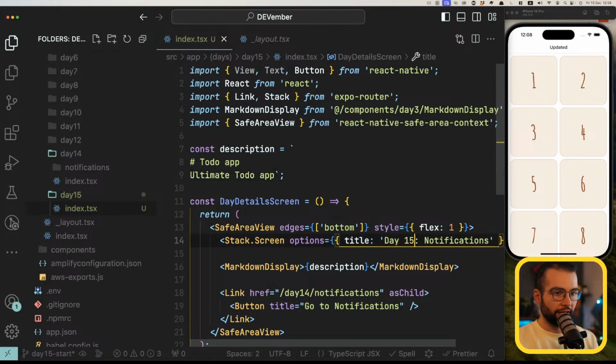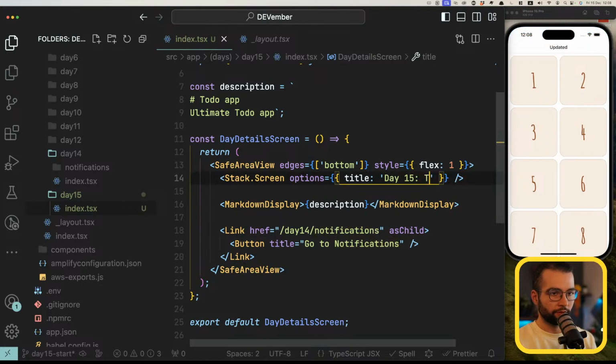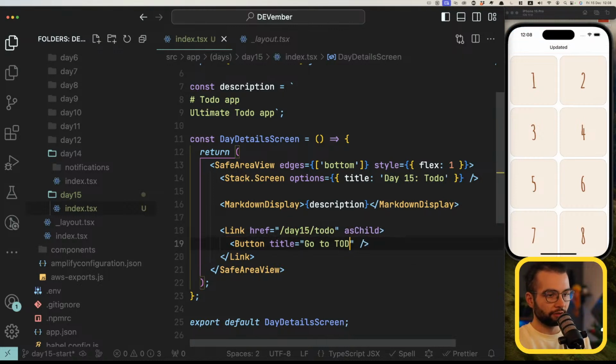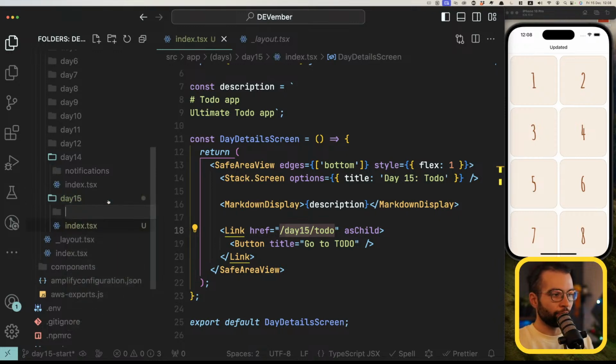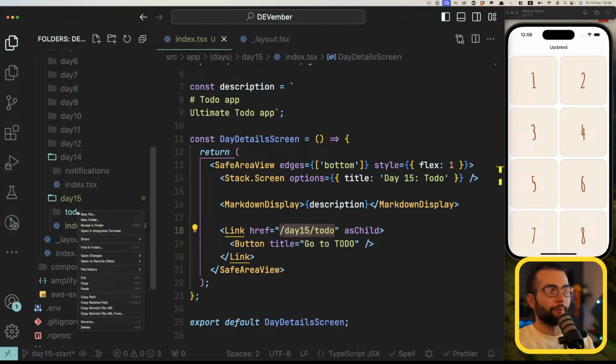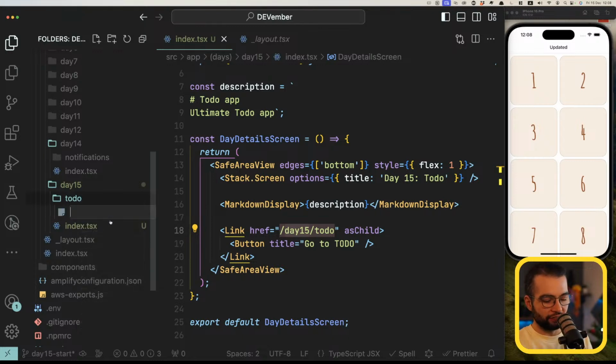Now let's also change the name to 15 to-do. And when pressing on that button, I'm going to navigate to the to-do application. And in order to have this page inside our day 15 folder, let's create a new folder called todo, because maybe we will also need some layout. So we are going to consider the folder todo as a separate application. So an application needs the